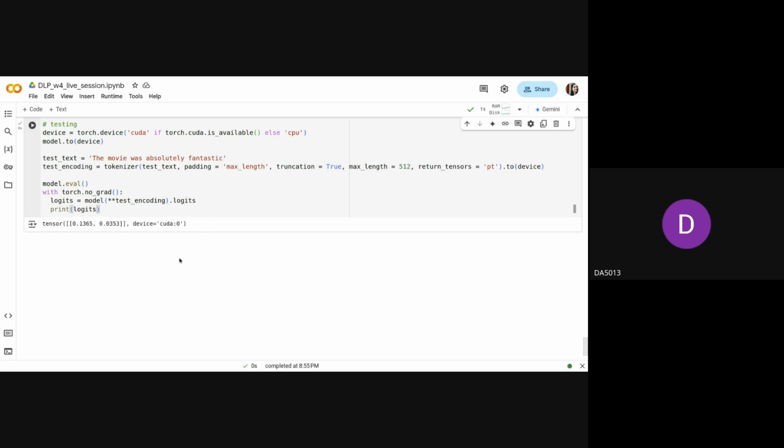In this case, it should give us two values, right? This is what it is giving us. By the way, we have fine-tuned only on 1,000 samples, which is actually a very small number. We should actually tune on a larger data set, right? By the way, I think this is a negative class and this is a positive class. So this is actually giving us a negative